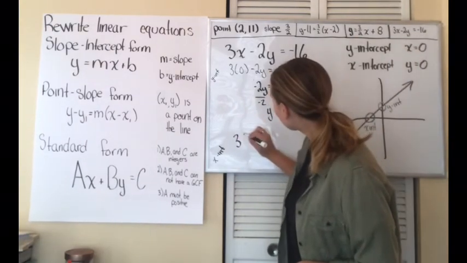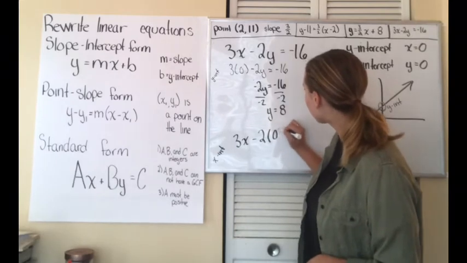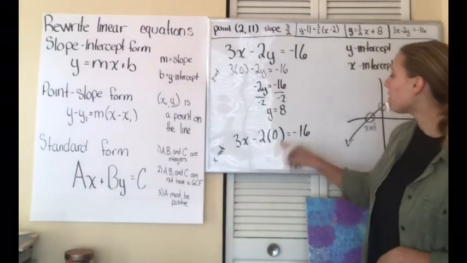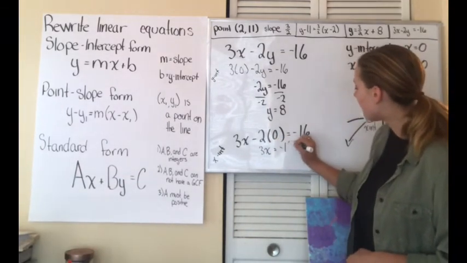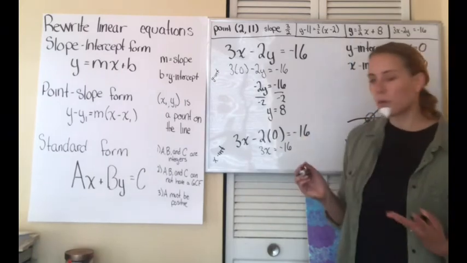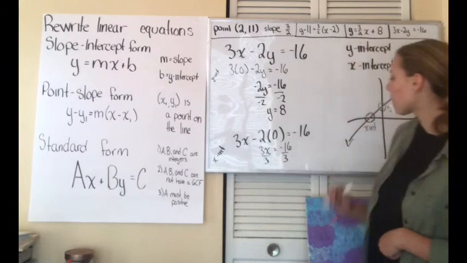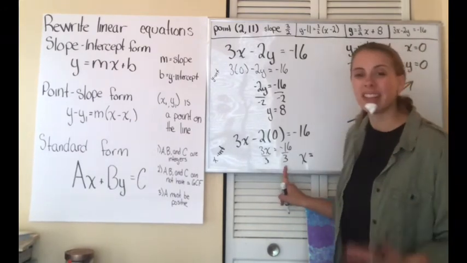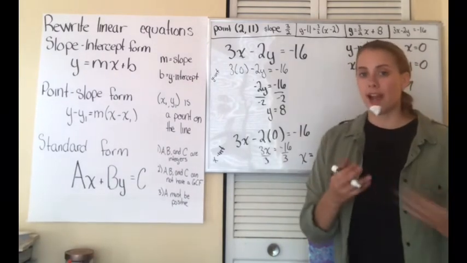I can also look for my x-intercept by plugging in a 0 for y. So 3x minus 2 times 0 equals negative 16. 2 times 0 is 0, so I end up with just 3x equals negative 16. I'm going to divide both sides by 3. And I end up with x equals, you could actually leave it as a fraction here, this negative 16 over 3,